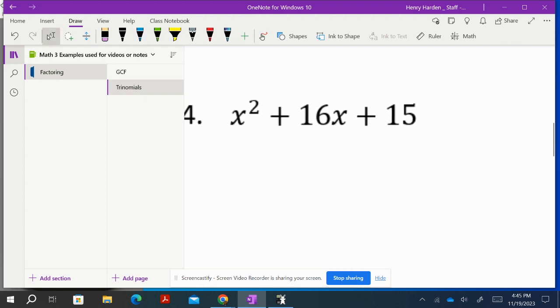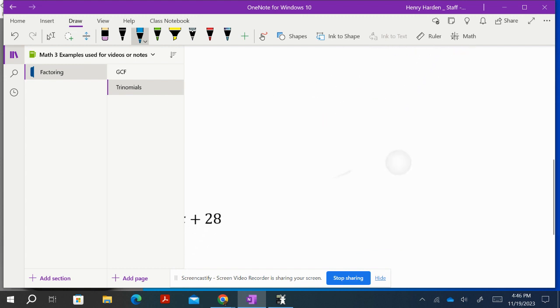Okay, and this one you probably can see just from looking at the numbers. What is going to multiply to 15, but then add up to 16? Well, it's definitely not going to be 3 and 5, because if I try 3 and 5, it's just going to add up to 8. So if I do 1 and 15, that gives me 1x and 15x, which is 16x. Okay, now,